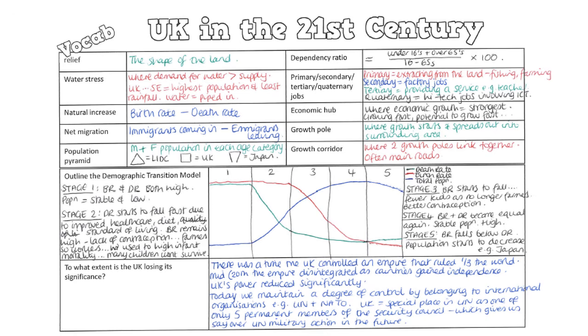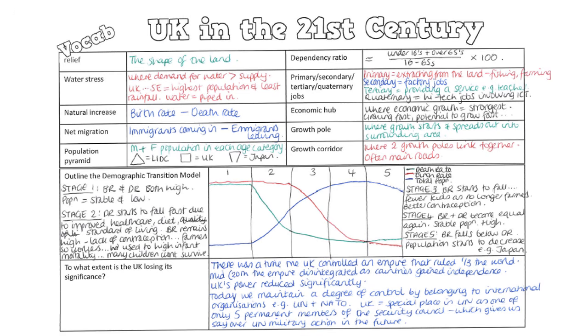Then you've got the demographic transition model. So there are 5 stages. As countries develop, they move through each of these stages in terms of their population. So the red line is the birth rate, the green line is the death rate, and the blue line is the total population. In stage 1, the birth rate and death rate are both high. These are your traditional society, so a few tribes in the Amazon rainforest would still be at stage 1. So pretty much the same number of babies are born as the number of people that die. So the population remains stable but low.